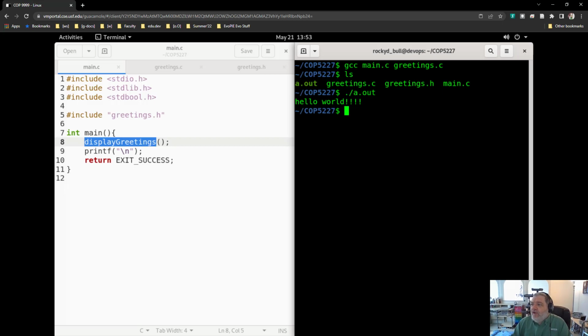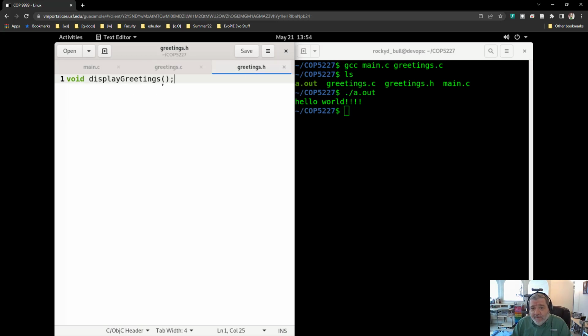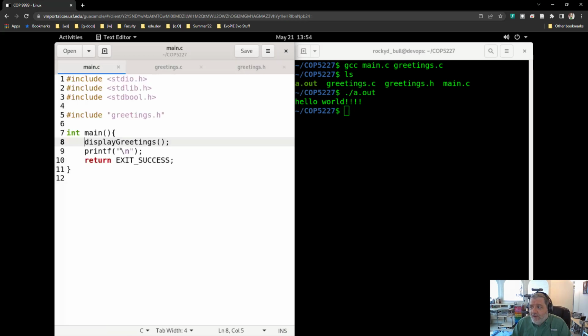Every time you want to write functions that you anticipate you are going to use in different projects, you put them in their own C file. That C file needs to have all of the includes that are necessary for your functions to do their job. And then you create a H file that has a header of the function you want other programmers to be able to use from your file. And wherever you want to use this function, you include the header